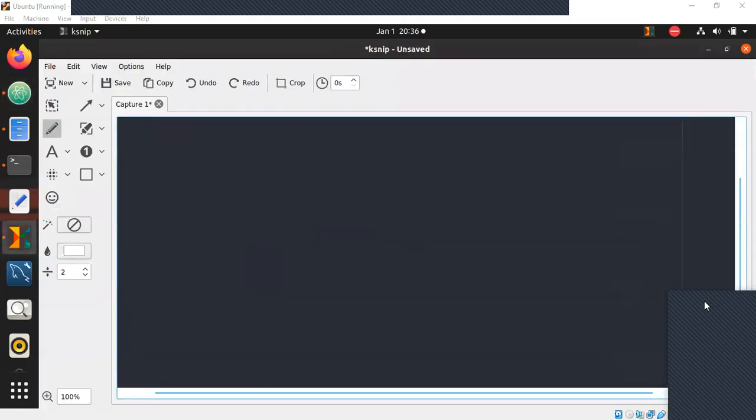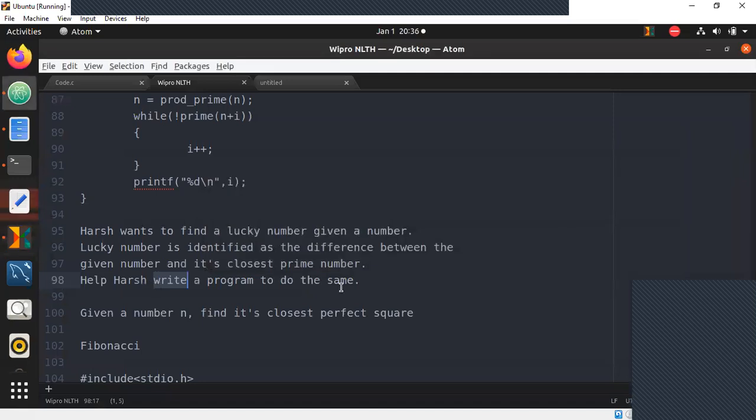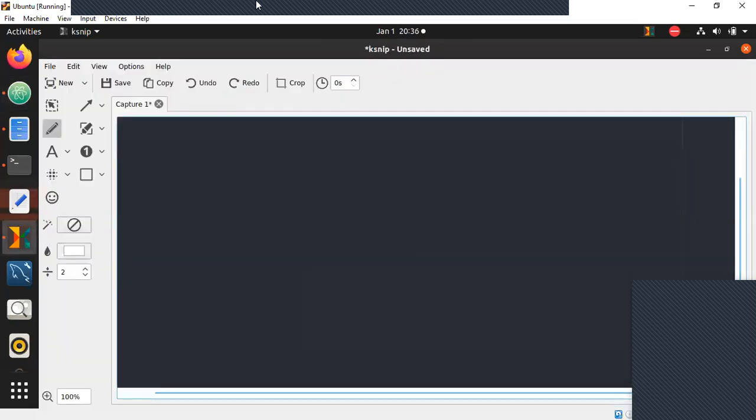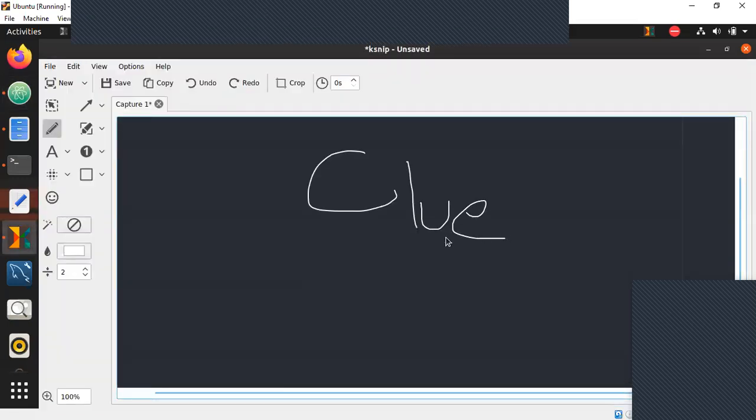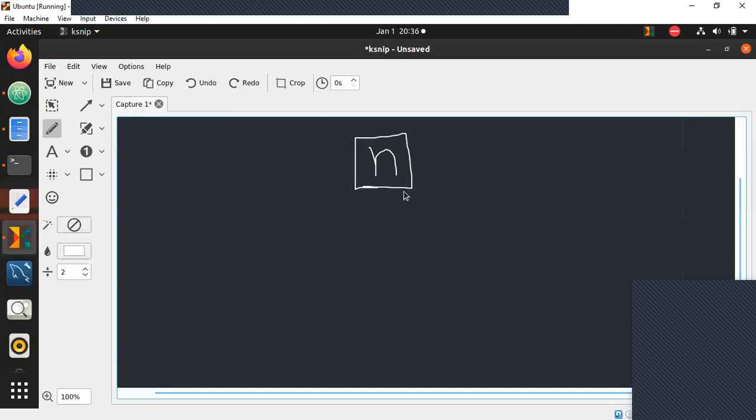I have one question: how will we find whether a number is a perfect square or not? I'll explain. Sorry, where was the question? Okay, I'll go to the next question after this, but first let's go for this question. Okay, some weren't able to do it. I'll give you a clue so you can at least try it out. The clue is, if a given number is n, you need to find its closest prime number.